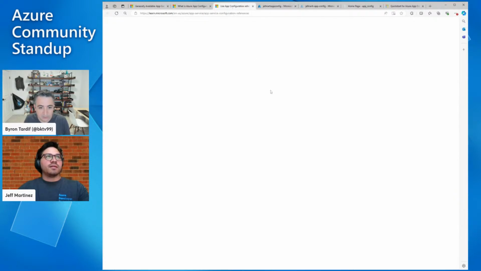And with the app config reference, if it loads up here, we have a particular kind of syntax. If you're familiar with